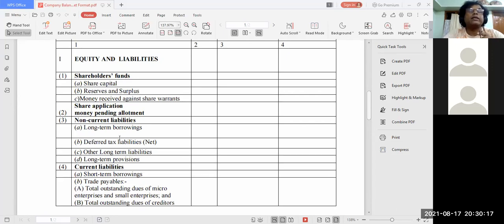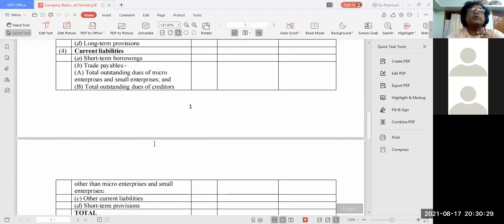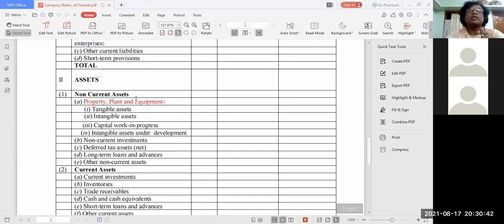Then under N, non-current liability, under that, what was there? Long-term borrowing, deferred tax, all these liabilities will be coming, and then current liability. You may not understand the meaning of these small items, and today's class may not be covering them, but I'll be taking one more class, and this way if you discuss, we shall remember. Otherwise, format too high. Many people learn the format without understanding. That should not be. You understand the concept.